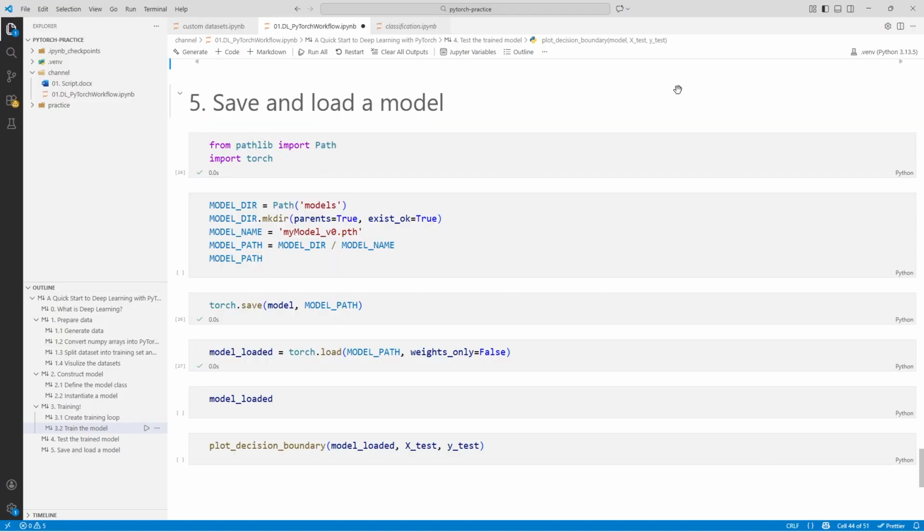This example is quite simple, so the training is fast, but in practice, a model can be much deeper, and the training can be very time consuming. So we can use torch save to save our trained model so that we don't need to train it again when we want to use it. And then we can use torch load to load the saved model and use it to make predictions without training it again. Let's run it.